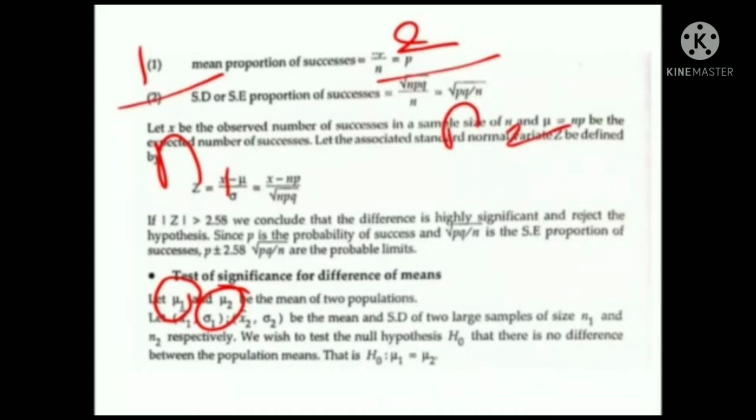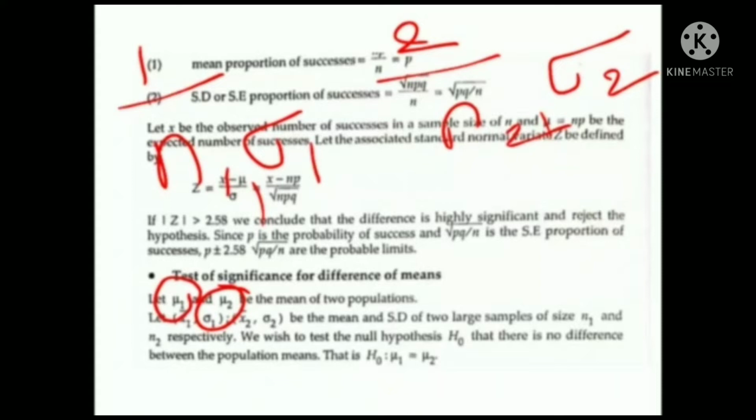Also let us assume sigma 1 is the standard deviation of the first population and sigma 2 is the standard deviation of the second population. So we have selected two different populations whose means are mu1 and mu2, and from each of those we have collected one sample, of sizes n1 and n2, different sizes. And they have different standard deviations, sigma 1 and sigma 2.